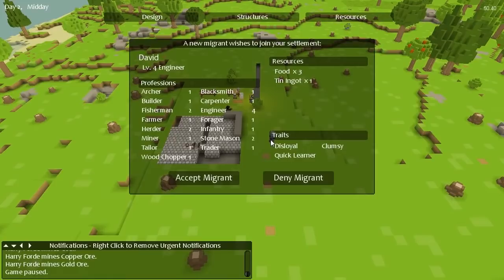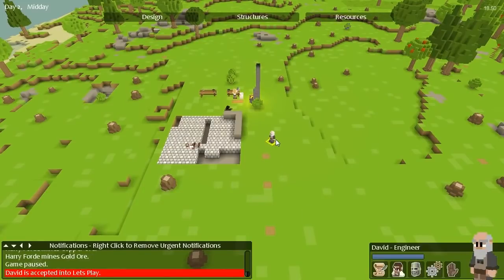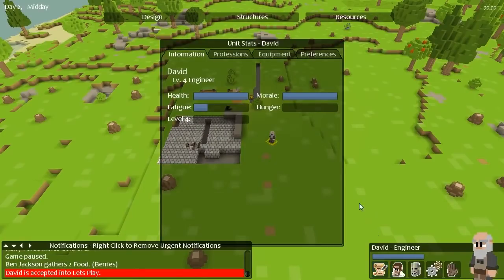But for now, that particular trait is of no use to us. His fisherman skills, I'm quite interested in putting together a fisherman. We don't have any problem with gathering food though at the moment, because we've already got ourselves to a high enough level with a high enough intake in order to trigger new immigrants. So I will accept you, good sir, but I am mostly going to focus on converting you immediately to the